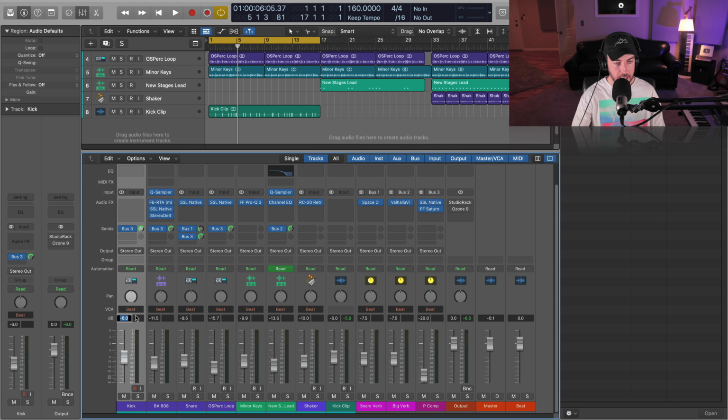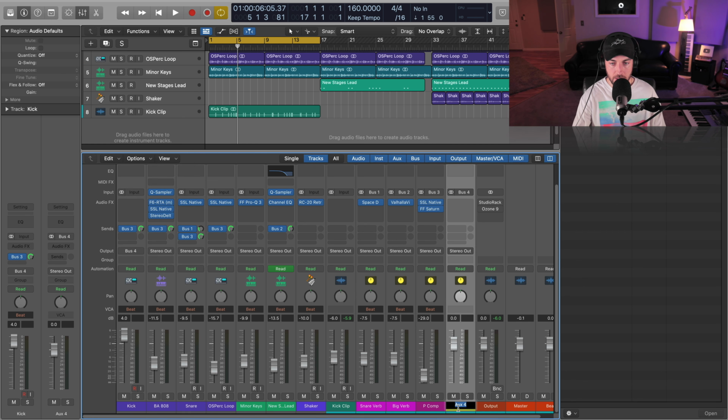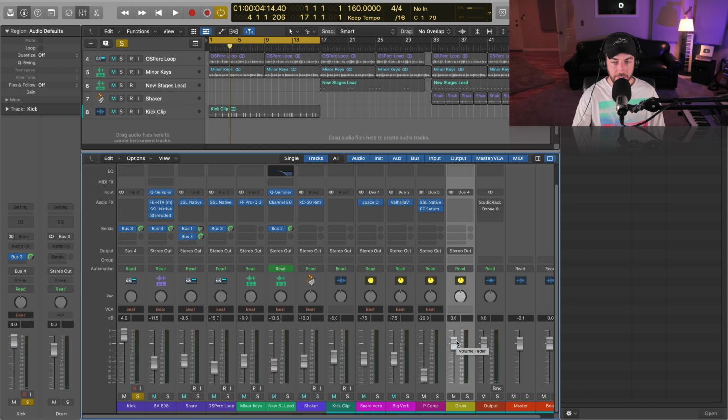signals. If we go back to that kick, put it back up at 4, and then we route this to a bus, like let's say we were going to set up a drum bus. So we're going to route the entire output down there to this bus. Same thing, right? So we're clipping the bus as well as the output. If I bring the bus down to our original level, which would have been, what, it was at -6, so -10. So we're clipping the individual channel, but now we've adjusted the bus, no clipping there, and then of course no clipping on the stereo bus.